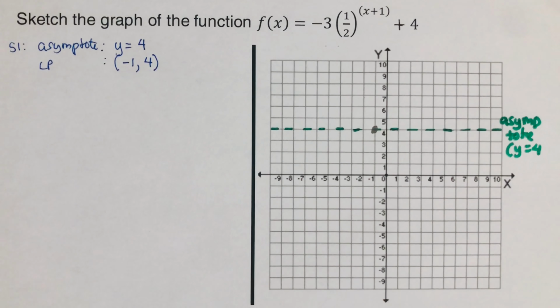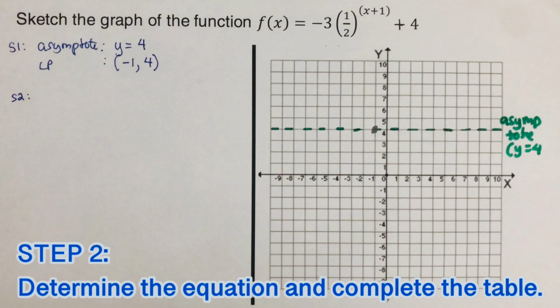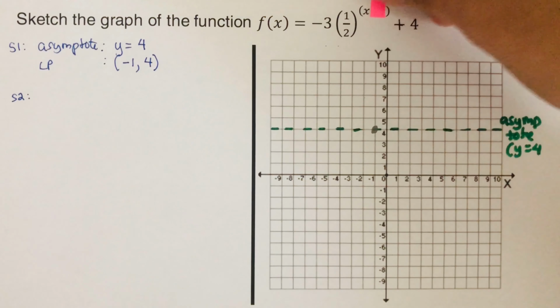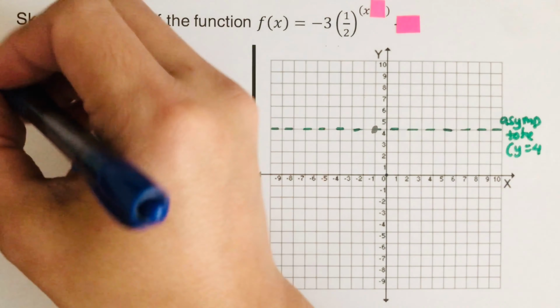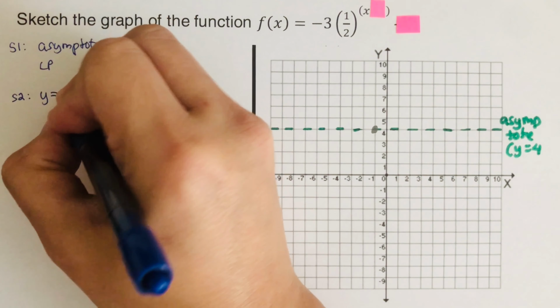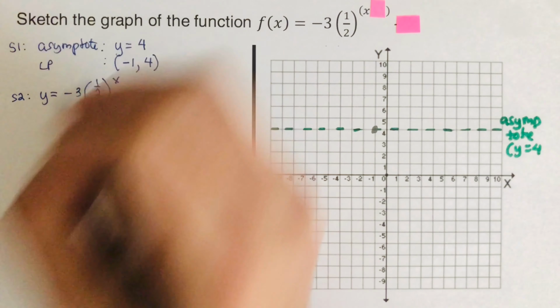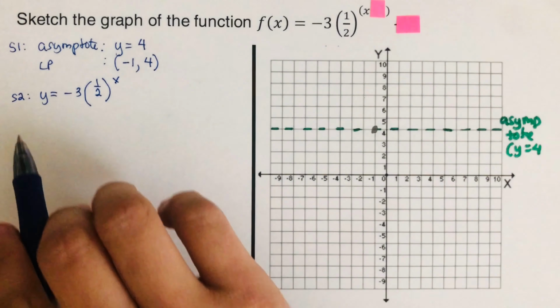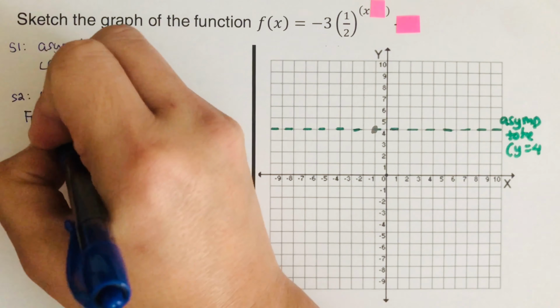Okay, so the next thing that we're going to do is to move on to the second step. In the second step, we're supposed to determine the equation and complete the table. So in order that we can determine the equation, we're supposed to cover the h and cover the k, and whatever is the leftover, that's the working equation that we're going to use for the second step. So that would be y is equal to -3 parentheses 1/2 raised to the power x. So this would be the equation that we're going to use for the second step. So from the locator point,